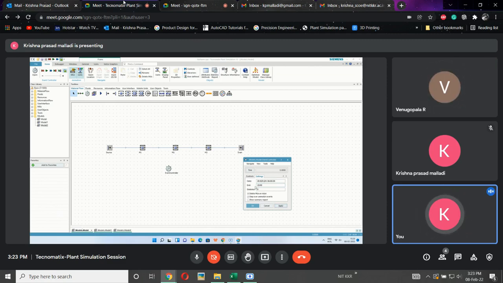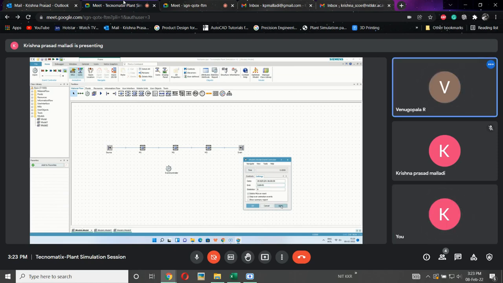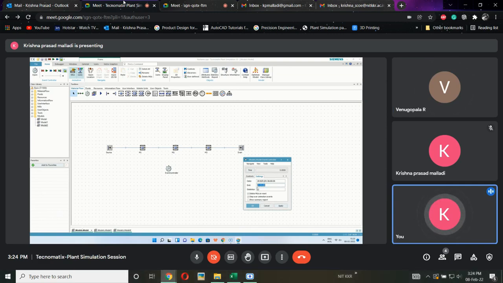Same after minutes, there will be hours. If at all I want to run for 2 hours, then I need to press two semicolons, one for minutes and one for hours, and apply. So it is 2 hours, 00 minutes, 00 seconds. Same with 15 hours. If at all I want to run for days, then for 2 days I press 2, then 3 semicolons. So 2 days, 00 hours, 00 minutes, 00 seconds.